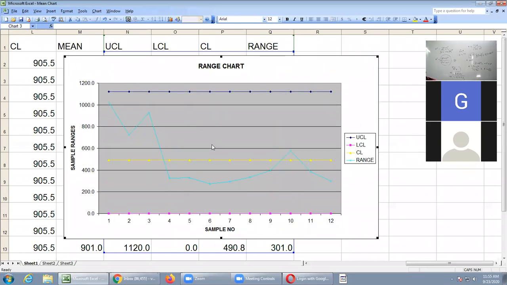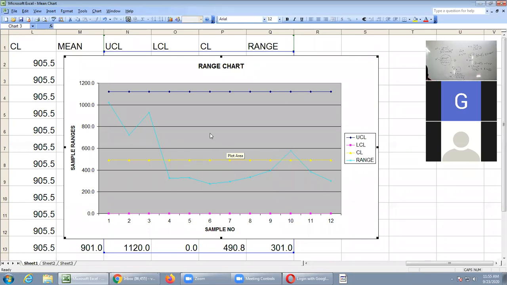Now see UCL, LCL, CL. The x-axis itself is LCL, pink line with the x-axis dotted line. Okay, and the yellow line is CL, and then the blue line is UCL. Now observe these points, all the points are in between UCL and LCL. So that's why you are getting in control. So the R chart is also in control. Is it clear now? Is the range chart clear to everybody, or any doubt? I hope you understood now.